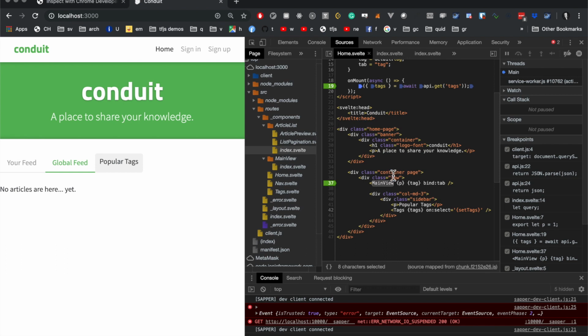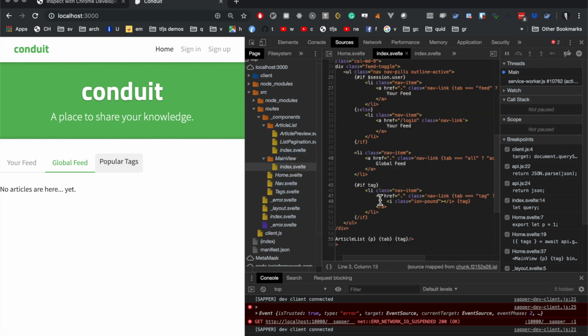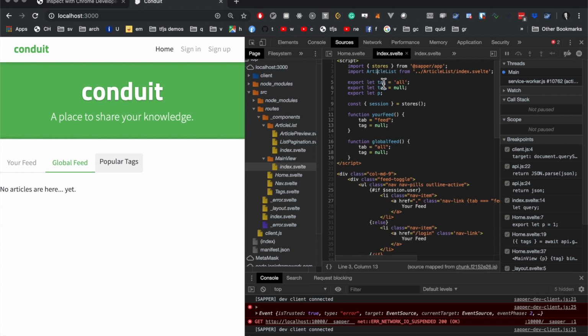So if you go to components and then there's this thing called main view, and then here's an article list, and in the article list we're actually calling the API. For the tags, export a tag variable, and the tags variable is updated from the index component, which I'll show you. So if you go here,